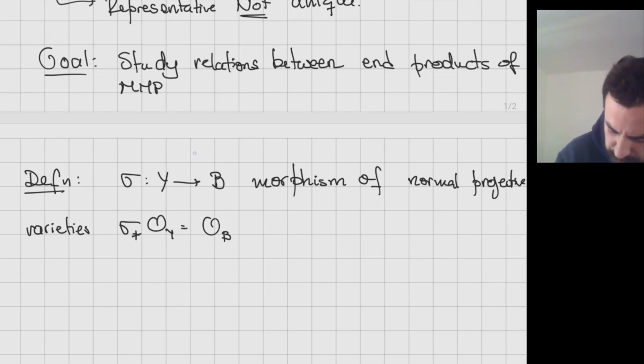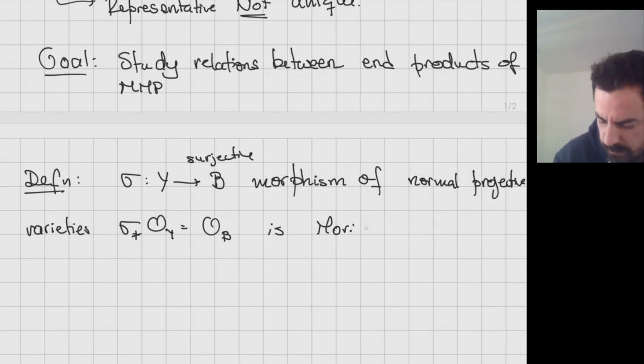So this is also surjective. Sorry, a morphism of normal projective varieties. So this is called a Mori fiber space